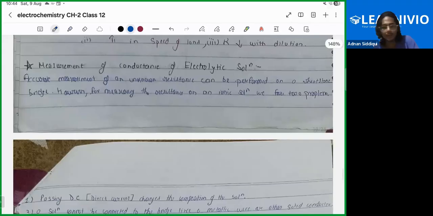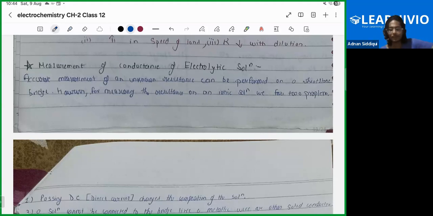So now we know something which is kappa, which is basically determination of conductivity, right? So what we need to know now? We need to know how we can measure this conductance in a practical way. Suppose the accurate measurement of an unknown resistance can be performed on a Wheatstone bridge. You might have seen in your physics lab something called Wheatstone bridge, and in it you can calculate the resistance of an electronic conductor, a metallic conductor, right? But if you are calculating the resistance in your ionic solution,